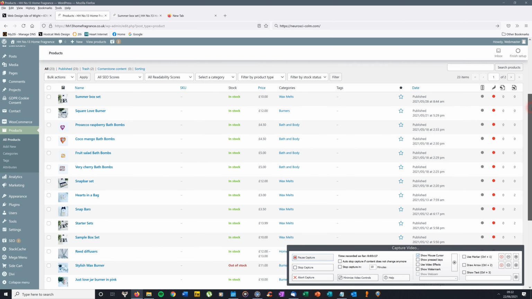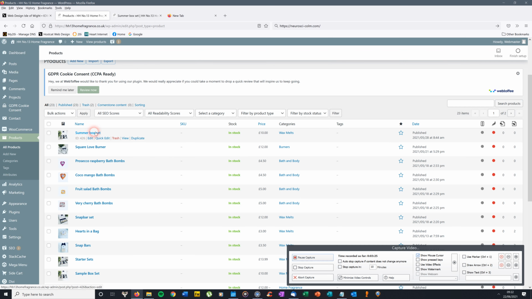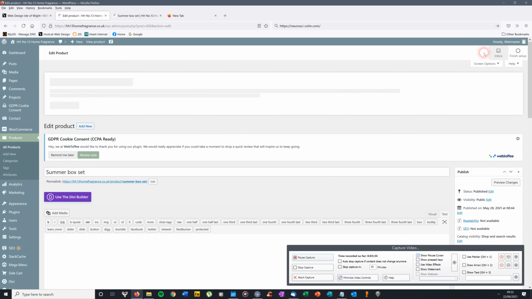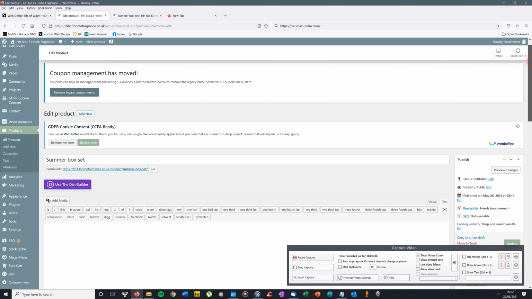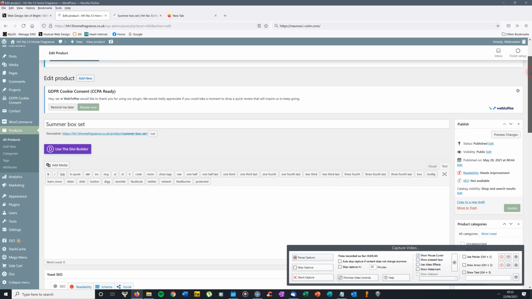Summer box set. So you look down here in your list of pages for summer box set. It's the last one that was added. So if we click on that, this is to edit them, not to add a new one. Click on the title. It will open the product page. Now, all you need to do is, this is where the title is. The URL, you don't need to worry about that. That gets taken care of